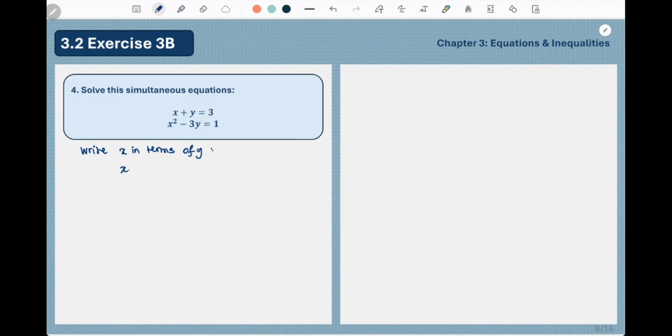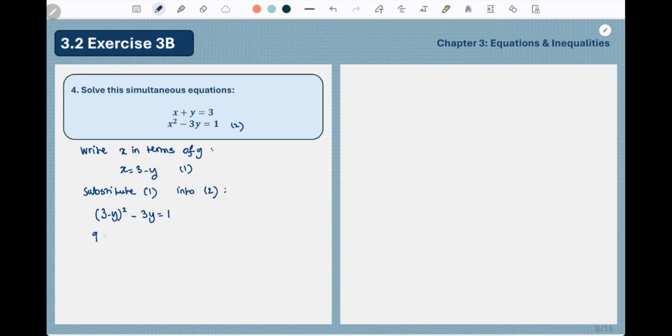So x is going to be 3 minus y, using the first equation. Then we substitute this one, let's call it 1, and call this 2, 1 into 2. Whenever I see x, I'm going to write 3 minus y. So (3 minus y) squared minus 3y equals 1. And now I just have to